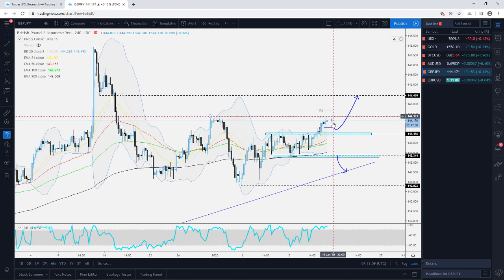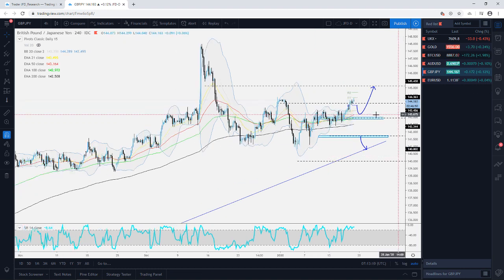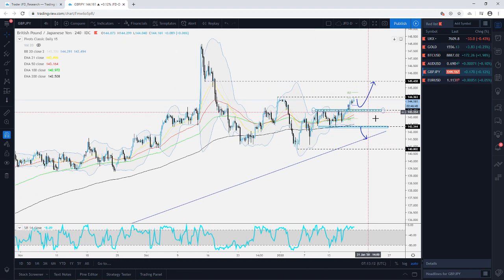If it does, then yep, we may see a bit of a correction, but if it doesn't, then it could be opening the path towards our main target right here. In terms of the downside, even if it drops back below the 143.46, all this territory would be somewhat of a neutral one for us, because to at least start examining lower levels, ideally we would like to see a drop below the 142.34, which is the lower side here, this key area